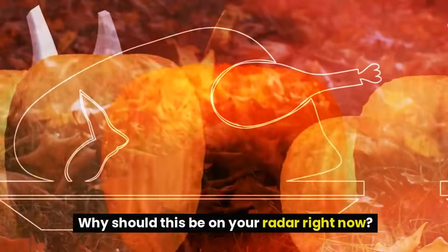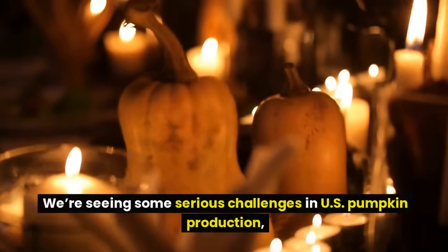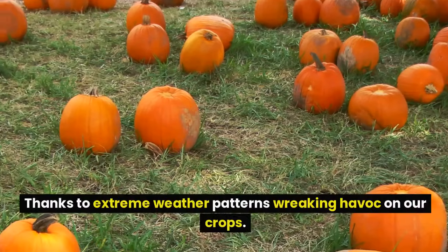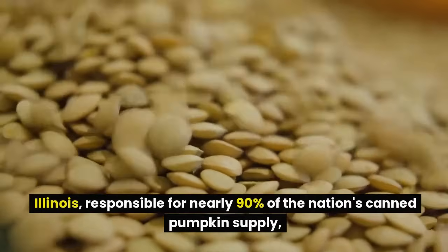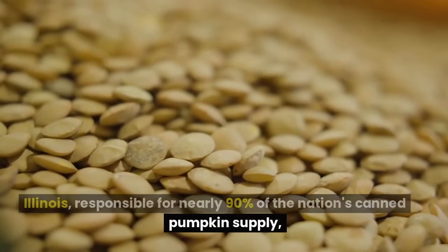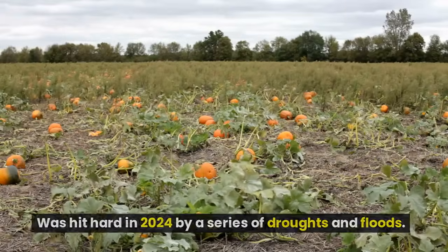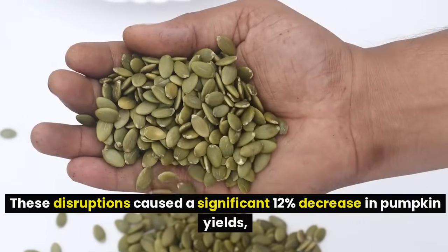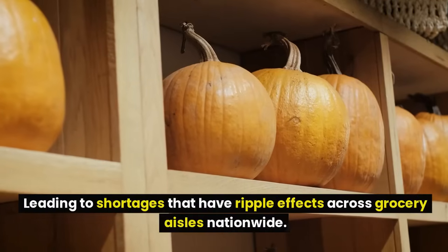Why should this be on your radar right now? We're seeing some serious challenges in U.S. pumpkin production, thanks to extreme weather patterns wreaking havoc on our crops. Illinois, responsible for nearly 90% of the nation's canned pumpkin supply, was hit hard in 2024 by a series of droughts and floods. These disruptions caused a significant 12% decrease in pumpkin yields, leading to shortages that have ripple effects